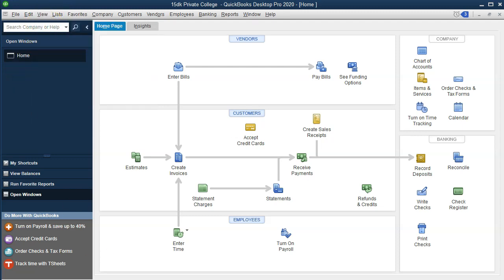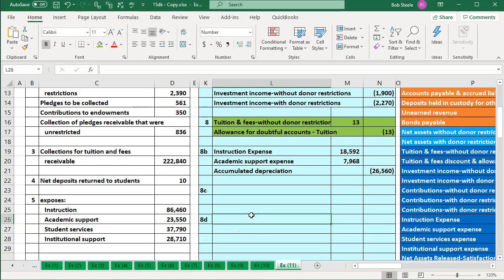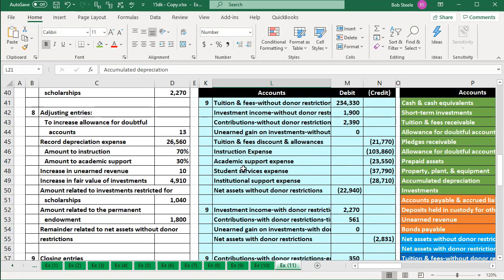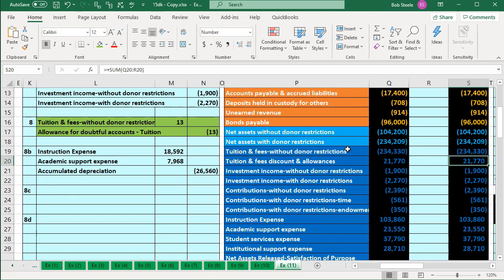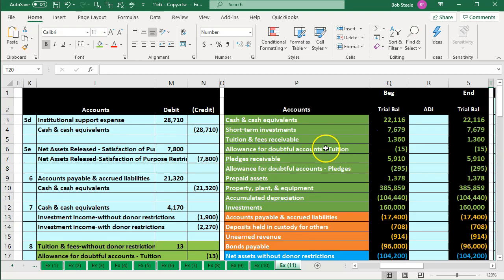We're first going to take a look at our Excel sheet to get an idea of what our objective will be. We are on number 8 in our practice problem. Scrolling down to number 8, it starts off with adjusting entries to increase allowance for doubtful accounts. So we have to increase the allowance for doubtful accounts. Why? This is similar to a for-profit type of organization where we have receivables up top. In this case, we have the tuition and fees receivables. We have to estimate how much of those are going to be uncollectible. So we're going to say the tuition and fees receivable of those, the allowances needs to be increased by the